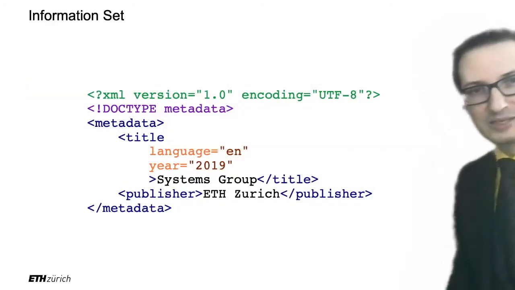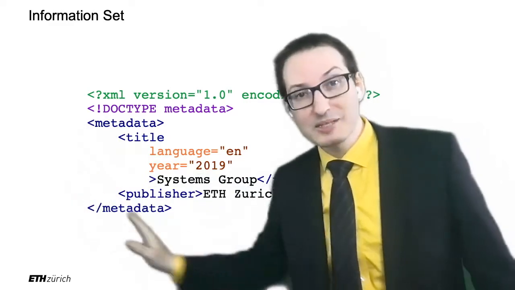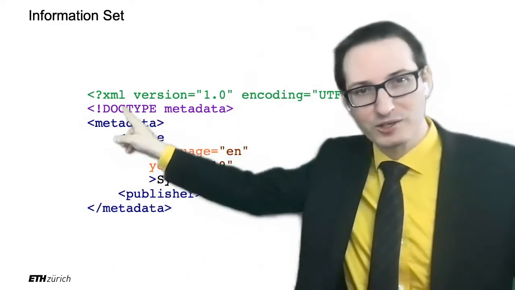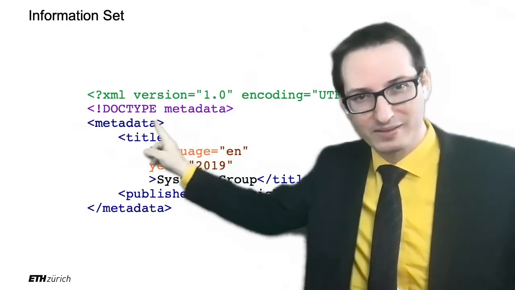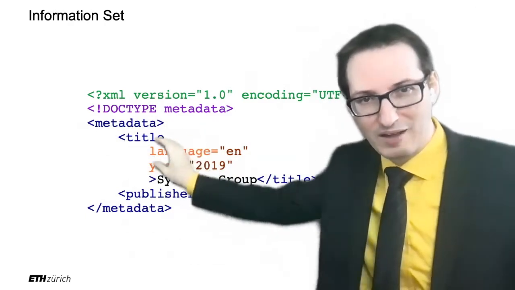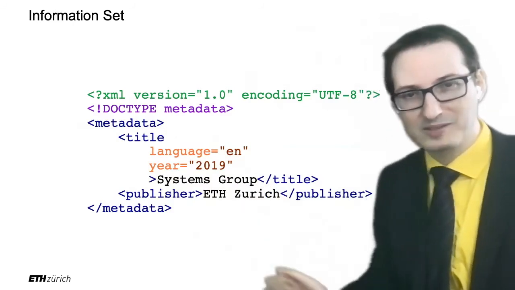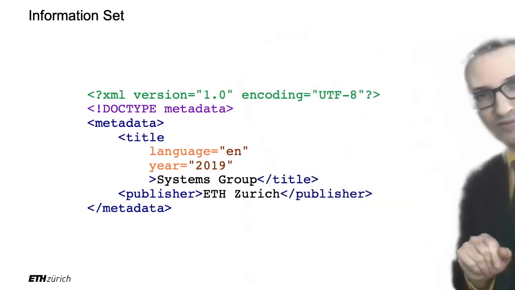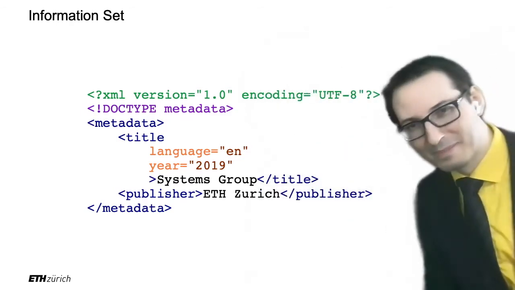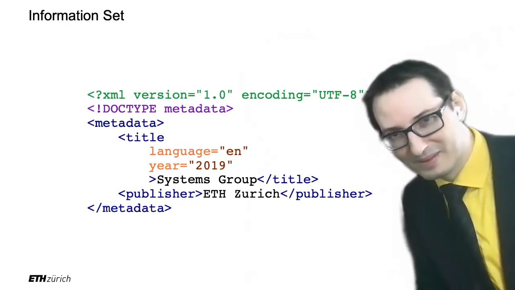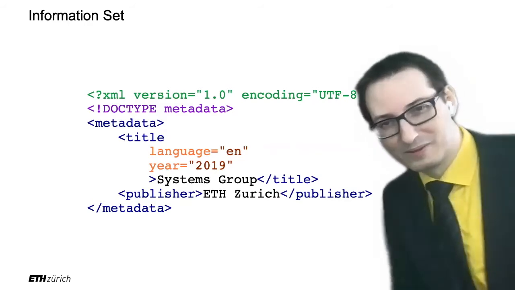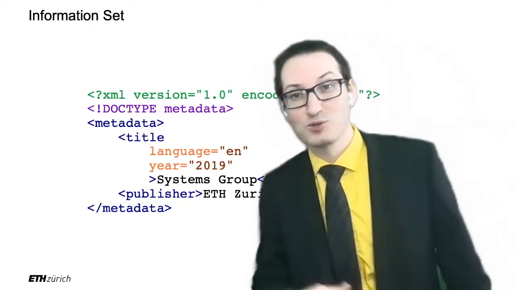So let's take this document right there. That is an XML document. It's well formed, right? You recognize the optional text declaration, the declaration that the root is called metadata. And here we have elements, we have attributes, we have text. Who sees a tree here? I'm pretty sure several of you already see the tree. Not so many, right? Okay, so let's draw the tree together then.